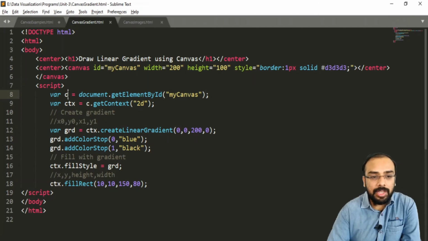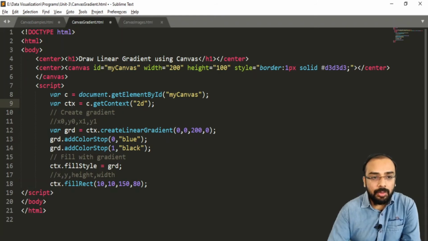So I am storing it inside a variable, that is c, using document.getElementById, and here I have specified the ID as myCanvas. Next we want to get the context similarly. For that we have to use the method getContext, and inside this we have specified 2d. Why? Because we want to perform 2D graphics, and we have stored it inside a variable that is ctx.